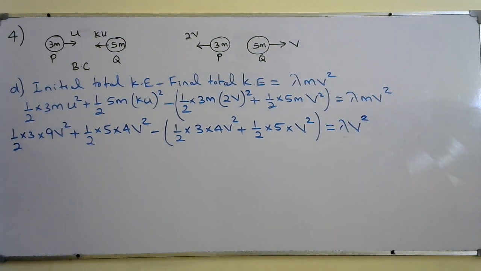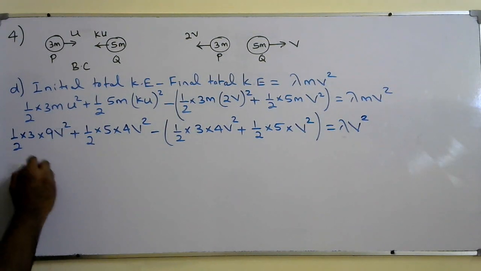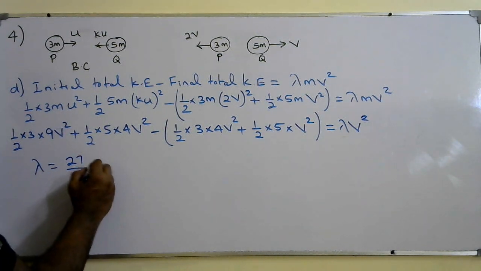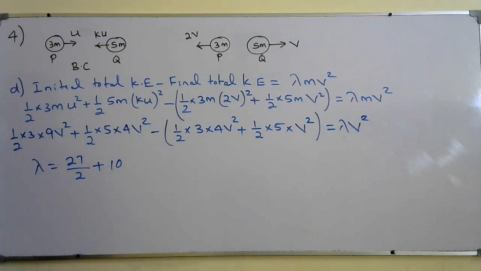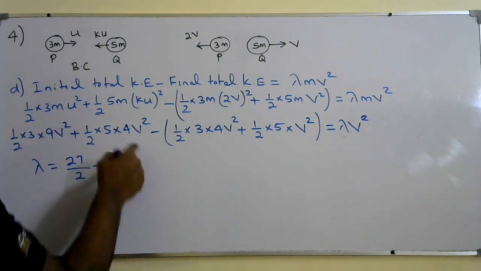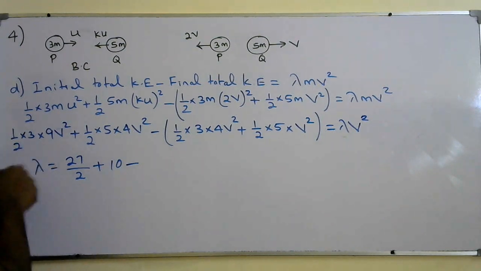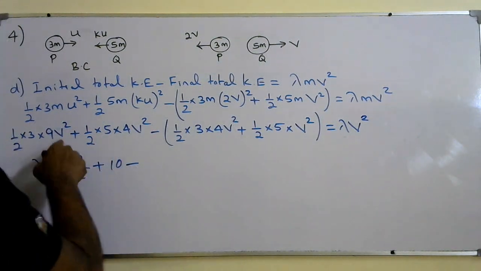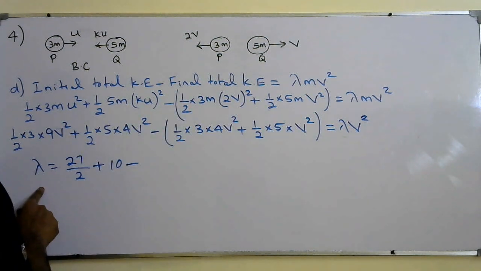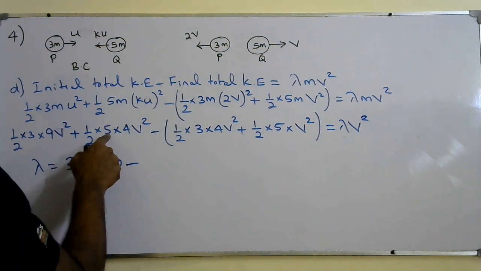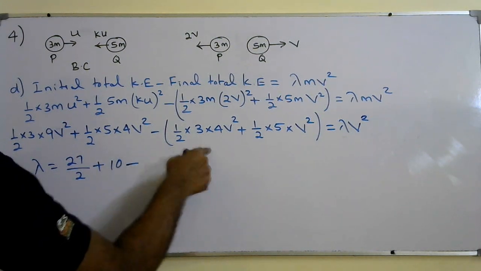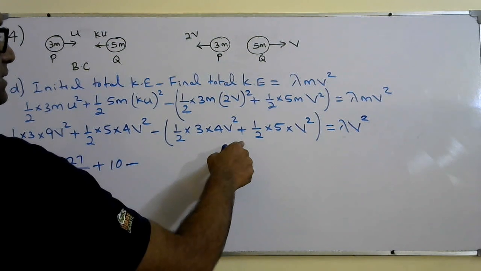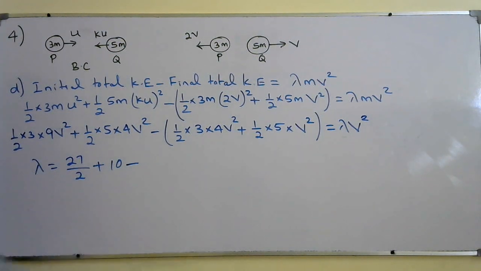So finally you will get lambda is equal to 27 over 2 plus 10. This is 10, I think, yeah, 10 minus 27 over 2 lambda. So v squared, v squared, v squared, v squared get cancelled. I wrote the lambda subject. So 27 over 2, here 20 by 2, 10 minus here, this is 6 plus 5 by 2, that is going to be